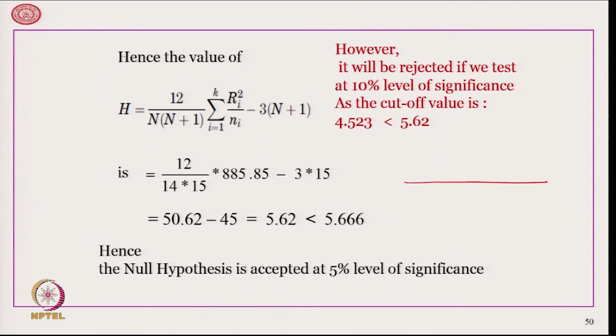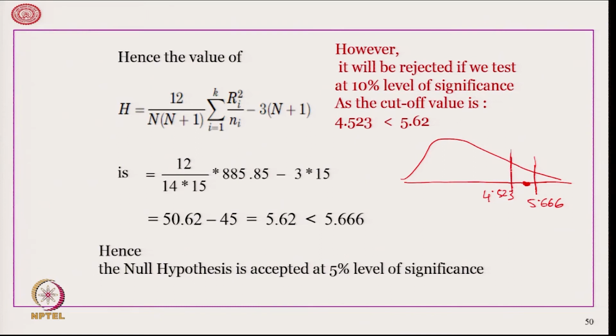So basically, with a chi-square type of distribution, at 5% level we have 5.666, at 10% level the cutoff is 4.523, and our observed value is somewhere here. Therefore, we cannot reject the null hypothesis at 5% level of significance,